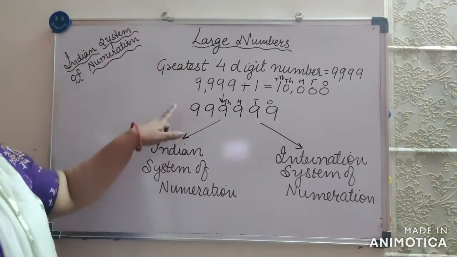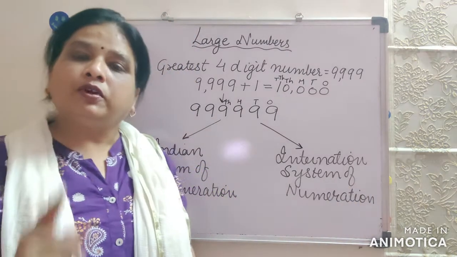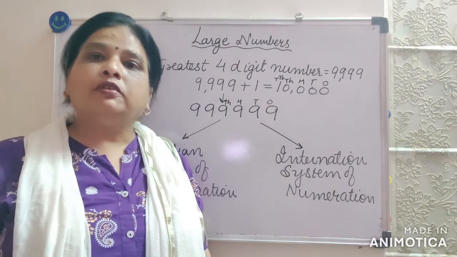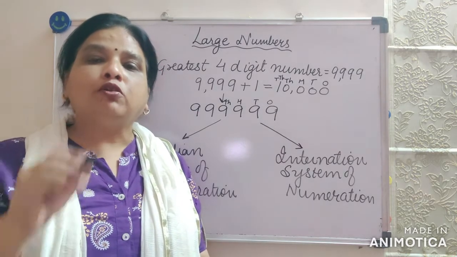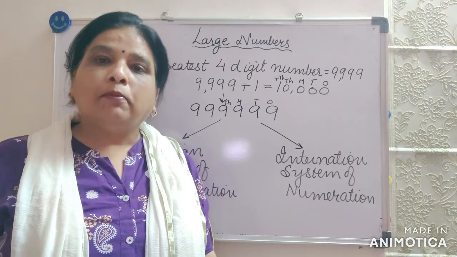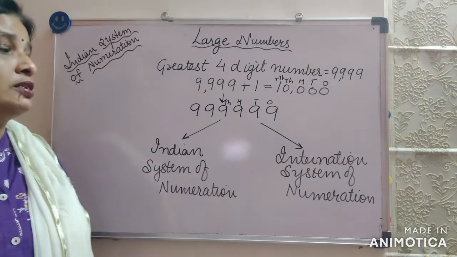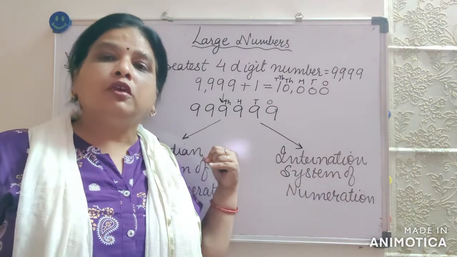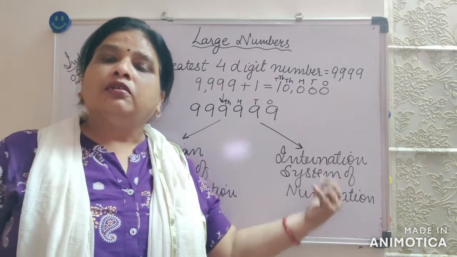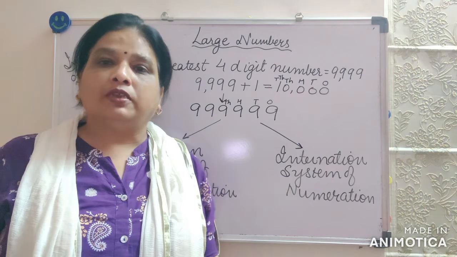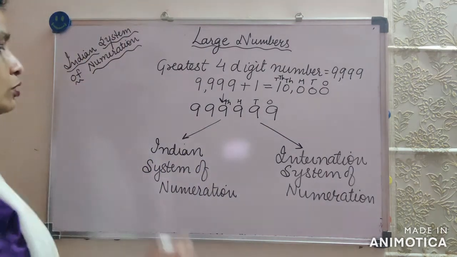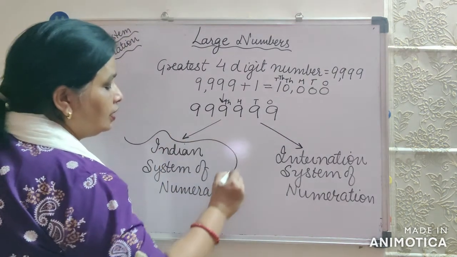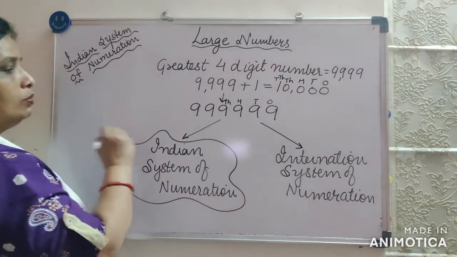to read and write large numbers, what is the first thing that you will have to do? The first thing is that we just put commas in that, right? But the main problem here is, by which method? Because in both the methods you place the comma in different ways, right? So first I am going to tell you about the Indian system of numeration.